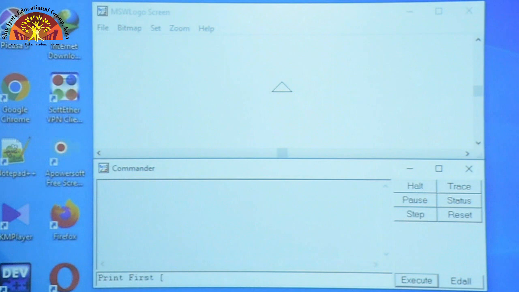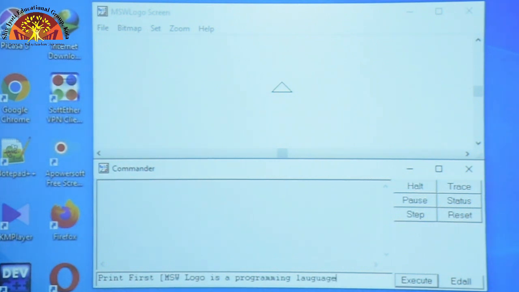Here we start the square bracket and write the sentence MSW logo is a programming language. Now close the square bracket and you can press the enter key or click on the execute button to execute this command.